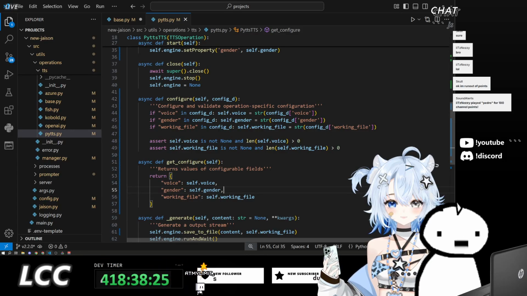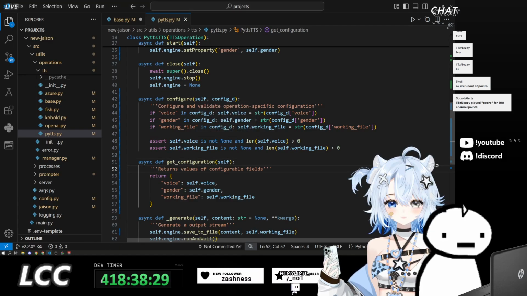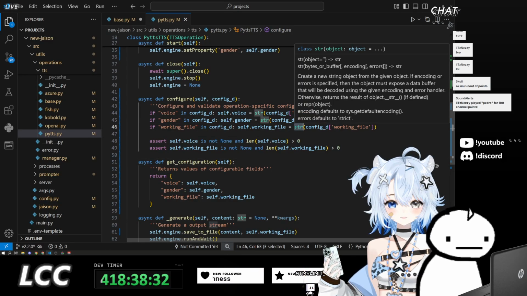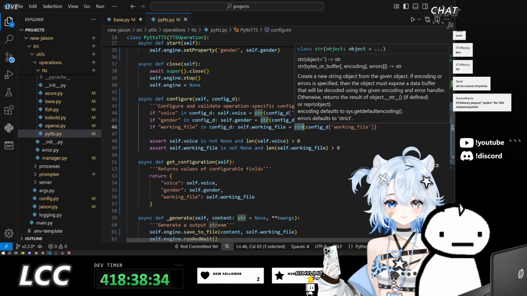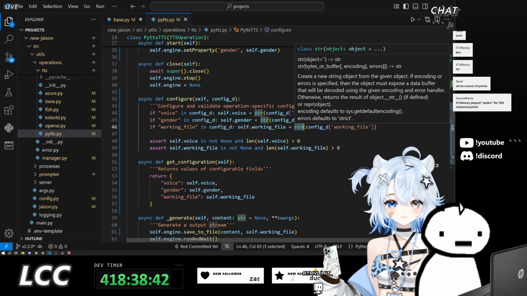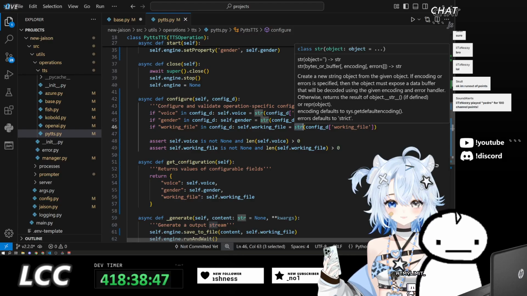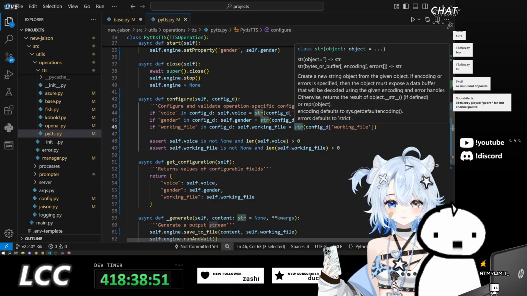Get configuration. But you would also need to know the actual data type of each of these as well if you would want to do that, as well as the restrictions on them. So that would need even more details to be passed through. Fucking, I hate programming. I hate having to synchronize data between processes. It's so annoying.